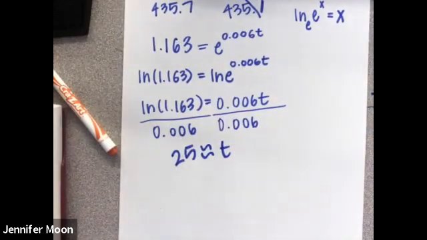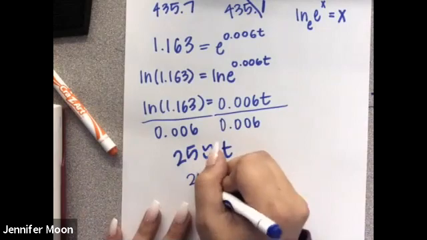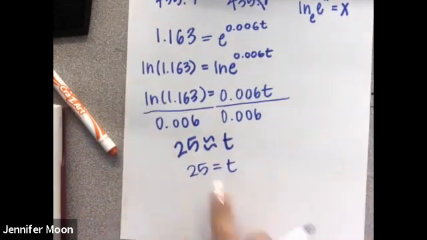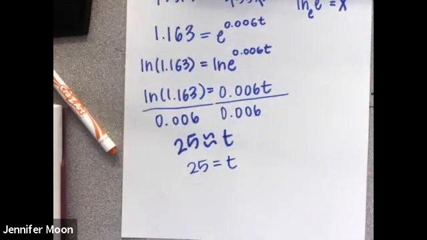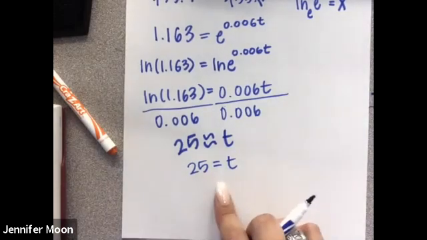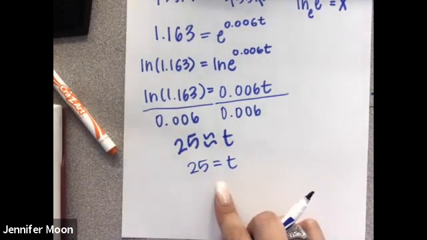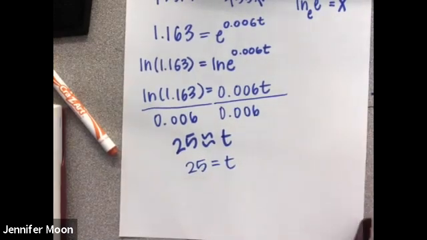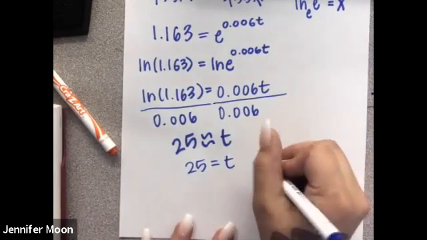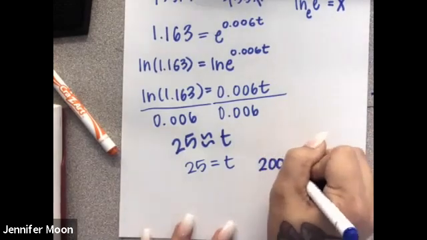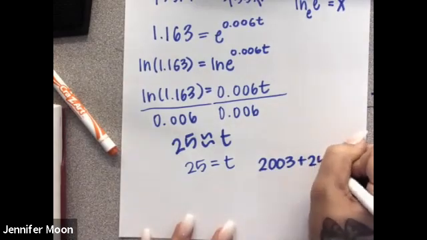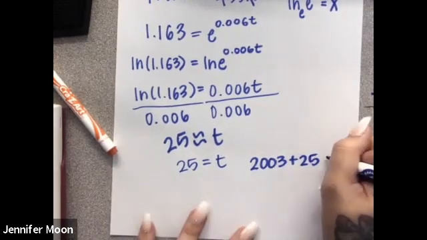Because it is like a decimal. But they did tell me to round to the closest year. So then that's when I knew, okay, my year's going to be 25. My years after 2003 is 25. So I take this t and the fact that I know that my t is based off of years after 2003. And what I do is I just add 2003 plus the 25 years I found, which is